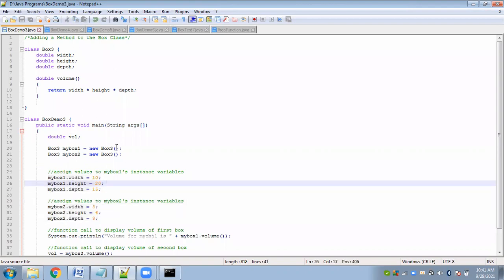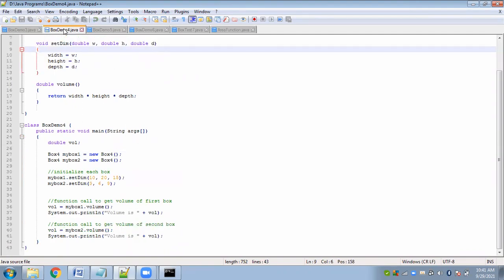If you are using a constructor anyway, then give the responsibility directly to the constructor. Why do we have to write extra statements? Why do we have to write extra methods like in here? Have you understood? The constructor's job is to initialize the object while it is created. So if you are already creating an object, if you are already using a constructor, then here it's not doing its task, that is initialization.